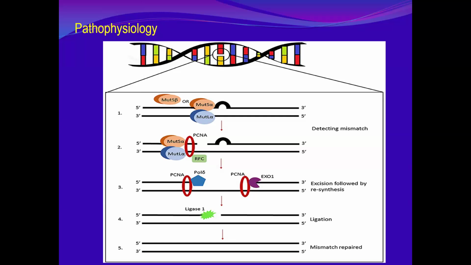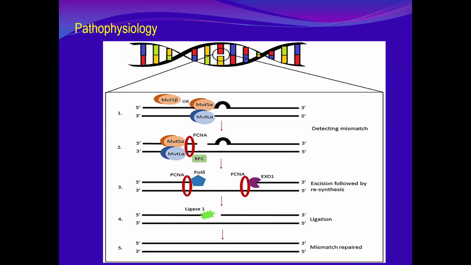So during this division, some mistakes occur, and these mistakes are called mismatches. There are certain proteins in the body responsible for repairing these mistakes, called mismatch repair proteins or